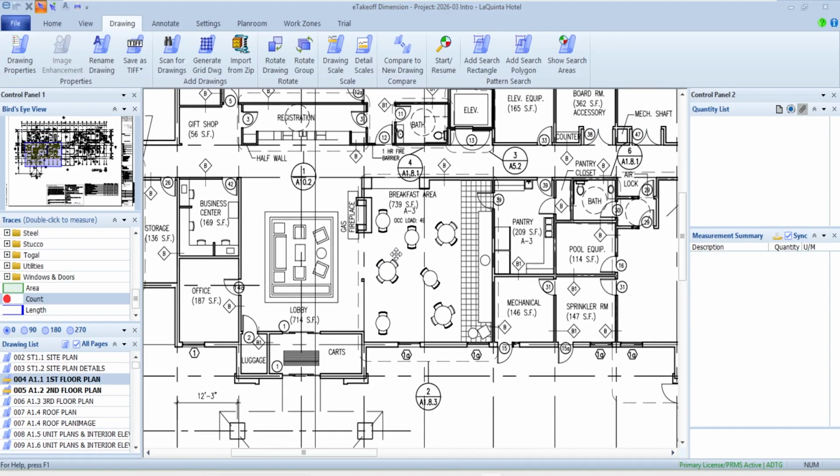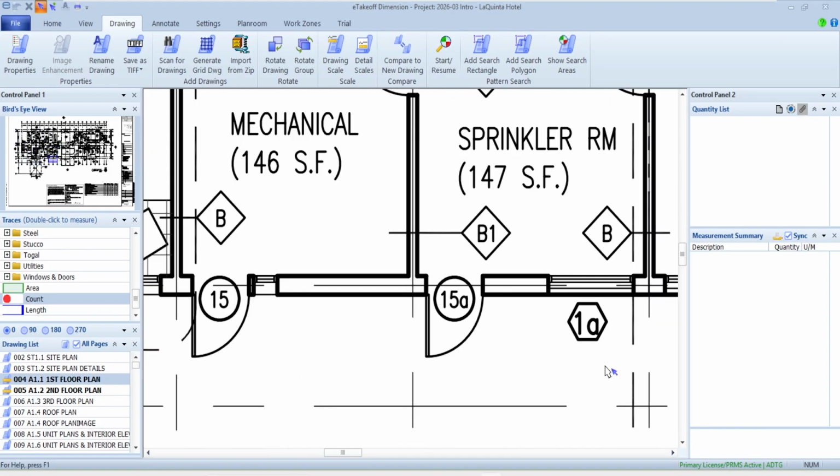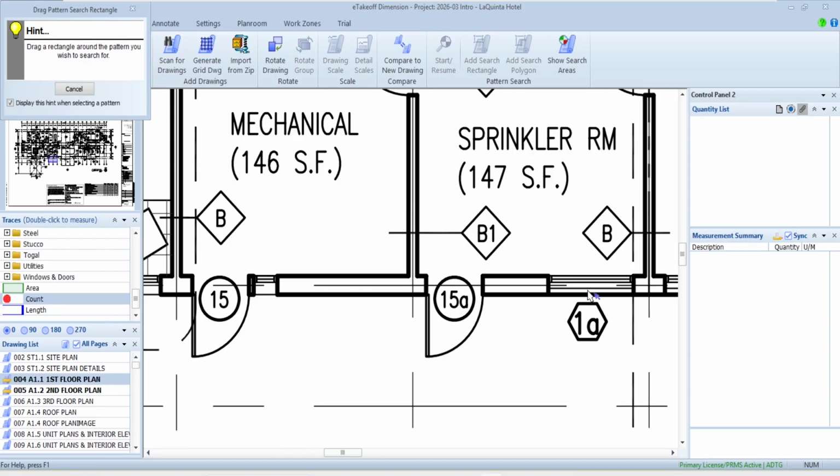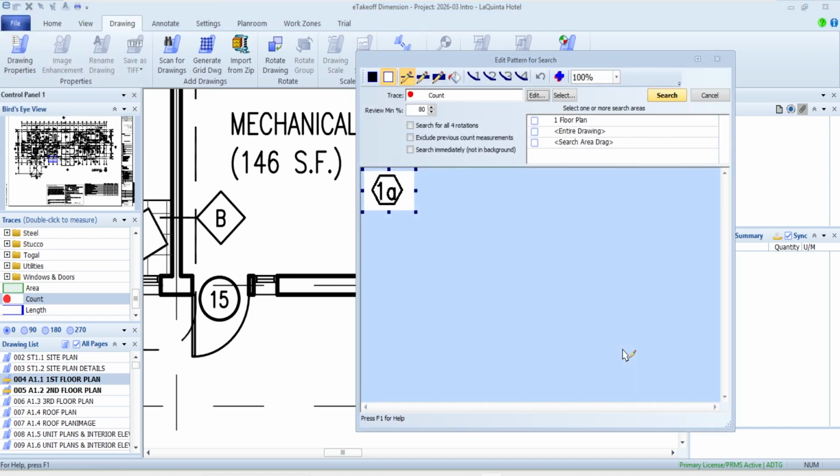So I'm going to go through and find one here, and let's just say I'm going to zoom in on something here. I'm going to start searching for something. So I'm going to draw a box around what I want to look for. Now, in this case, what I want to look for is more the octagon shape. So I am going to come back with my, let's say, eraser here, not that big, and see how big that one is.